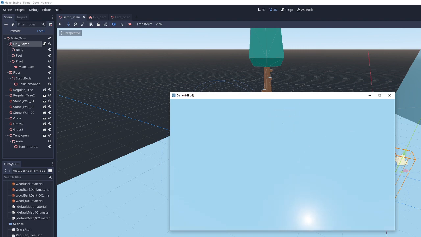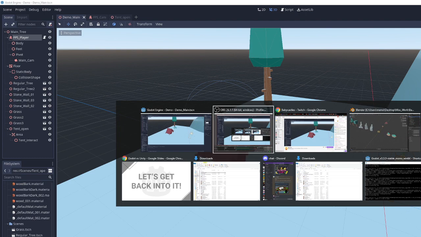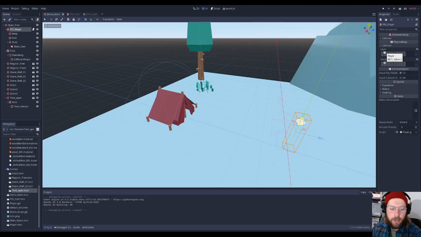So what this is doing is that I have set my player to be on the second layer. So what that means, I'm going to try to turn this off so that it's not annoying us. What this means